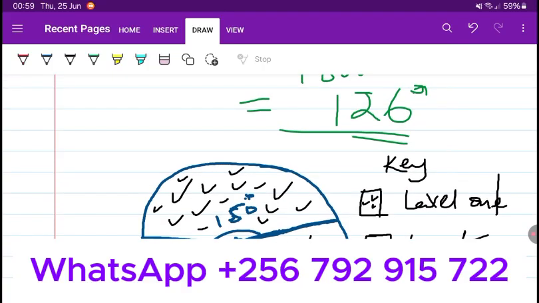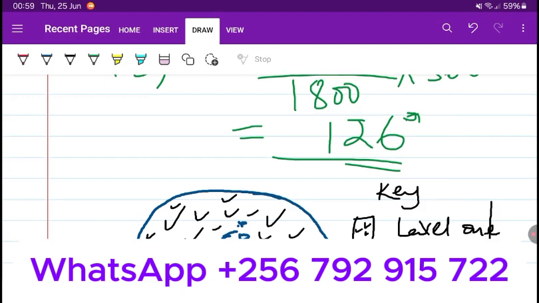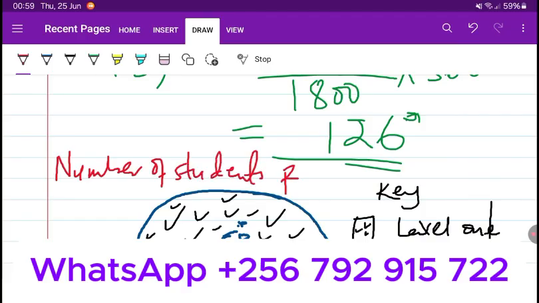So you can just say number of students per level. That can be our title, because it's well understood that even if you don't indicate,